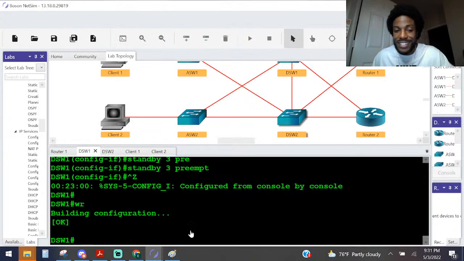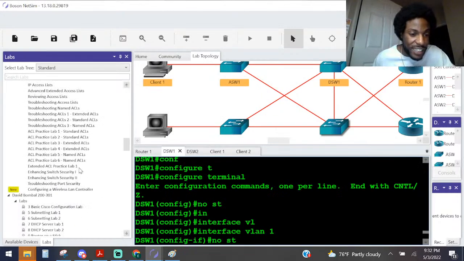Yeah, baby! That's what I've been waiting for. That's what it's all about. Woo! All right, so I guess we can move on to lab number